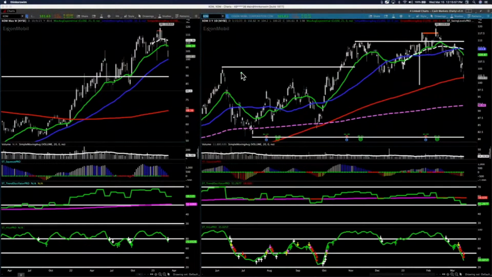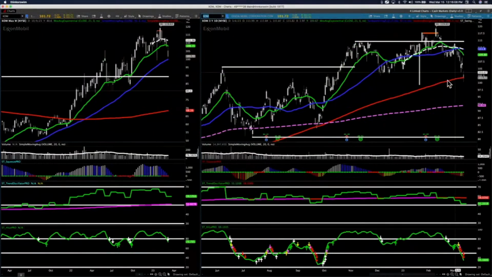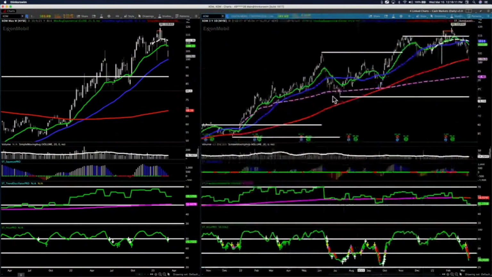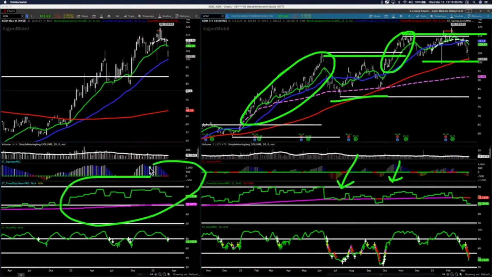On the daily chart, you really don't have trend here ever, because you go from sideways, you get a pop, and you go sideways again, right? That's not trend. It might look like trend because your moving averages are sloping up. But if you look at the quality of it, you only have brief bursts of trend through there, and then most of the time it's completely sideways. And that's what it's going to now. If you have the indicator, you can see that this is not really high quality trend. High quality trend looks like this.